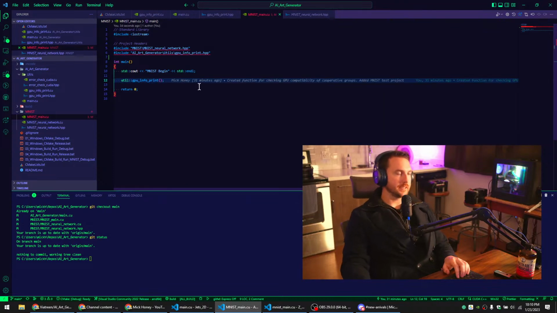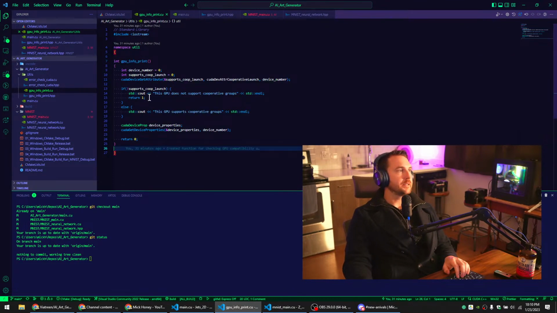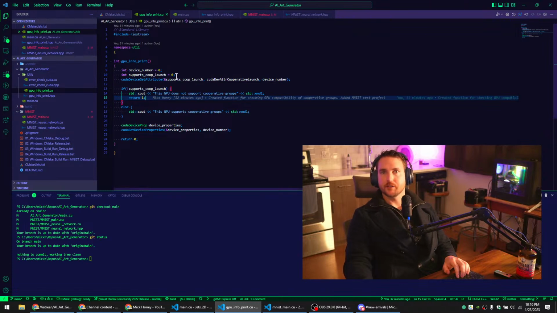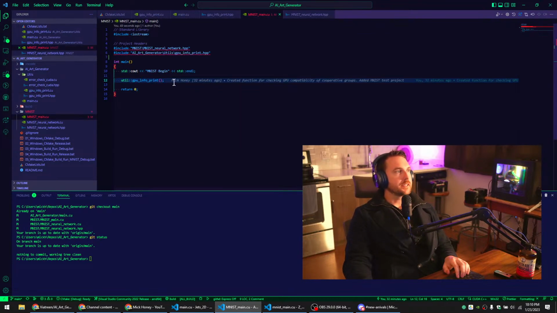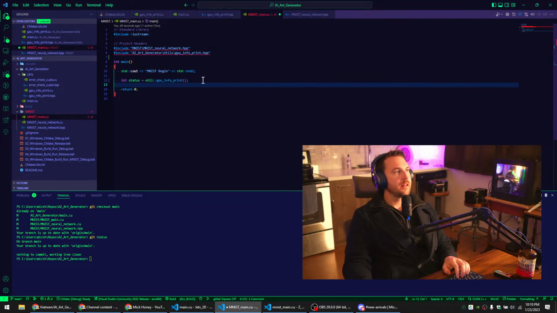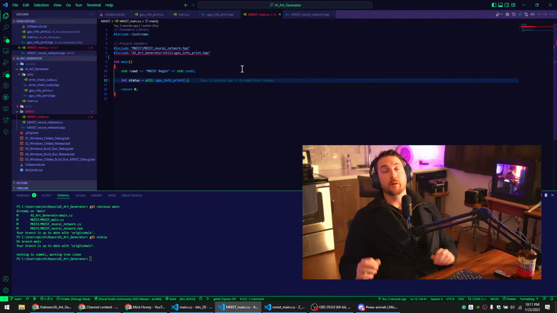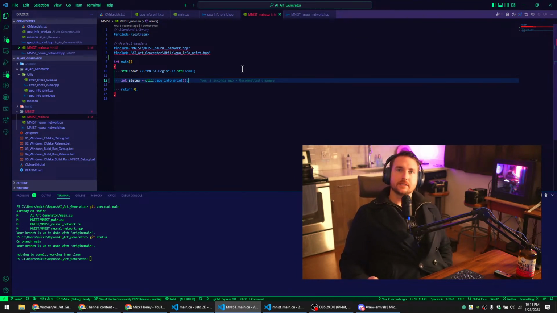All right, first thing we'll do is, and I didn't do this last time, but our GPU info print function returns a positive number if there's an error, and returns a 0 if there's nothing wrong. So let's go to our main function and account for that. Right now, all that we are checking is if the GPU supports cooperative kernels, or cooperative groups is what they call it. That allows threads to sync across all threads running on the kernel, which was a feature only introduced in the Pascal generation, which is the GTX 10 series. So if you have a GTX 10 series, even a really cheap one like a 1050,